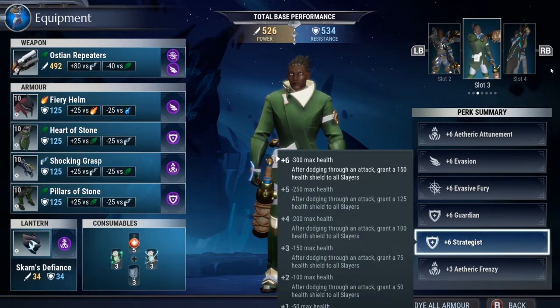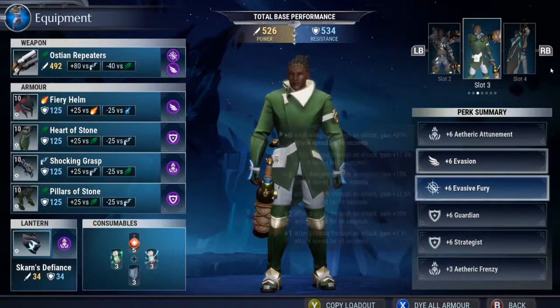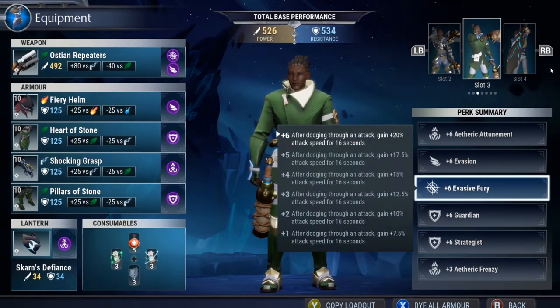I believe it's 150. I'll show you guys in a second where to get that if you don't know. And then last, we had one other thing left over, which was from our Shocking Grasp here, and we just put Etheric Frenzy. We went with that instead of something like Conduit because, again, this whole build is designed to constantly have your Lantern ability charged and ready to use as often as possible,